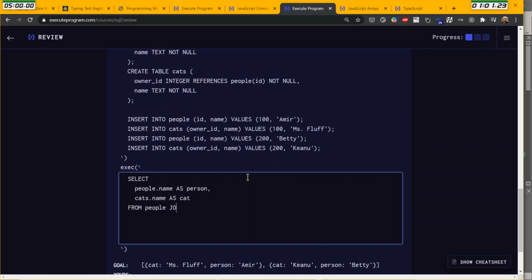I'll write it here. Join cats on people.id equals cats.owner_id. I'm missing a dot in here. Owner id,